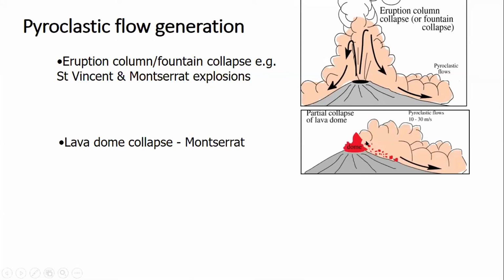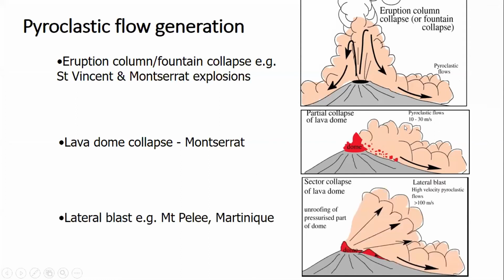Here we've got a lava dome. This little cartoon demonstrates the process of a lava dome collapse. These steep, viscous lava domes become unstable, and they just crumble generally in one direction at a time and form these relatively slow-moving pyroclastic density currents. You still can't outrun them.